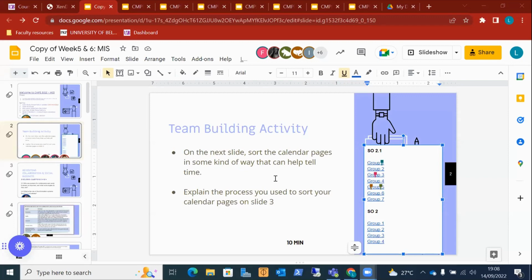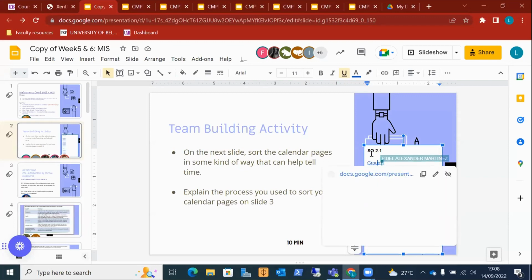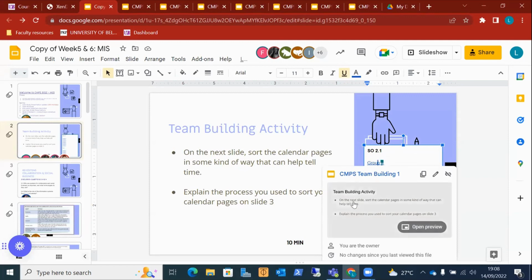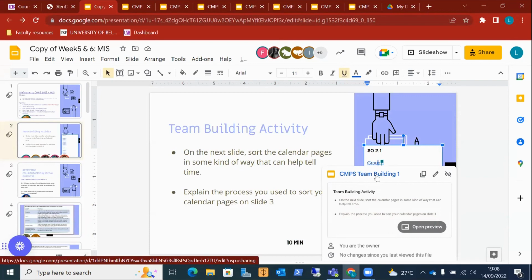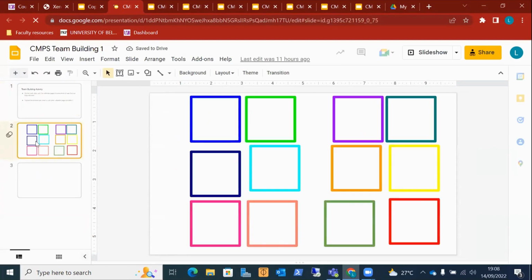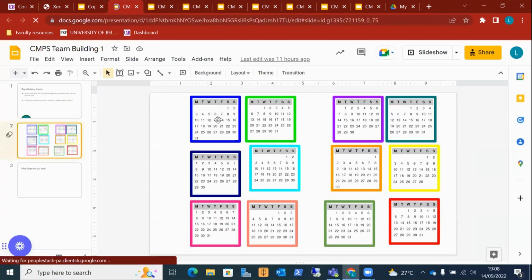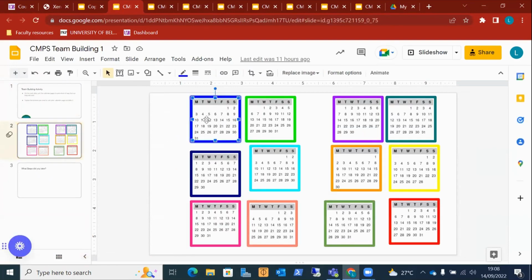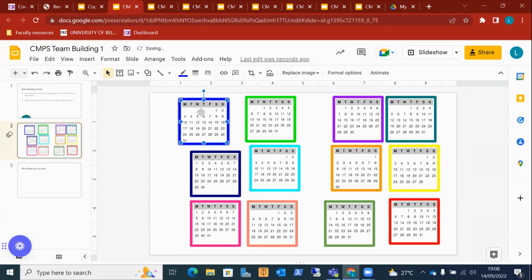So right here where it says OS2.1, you should be able to click on each of those little links. Are you seeing that? Yes, Miss, CMPS team building. Are you room 1? Yes, ma'am. Okay, so you click on group 1 and then it will open up with the calendar, and you should be able to move it around. Let me see if you're able to access that.